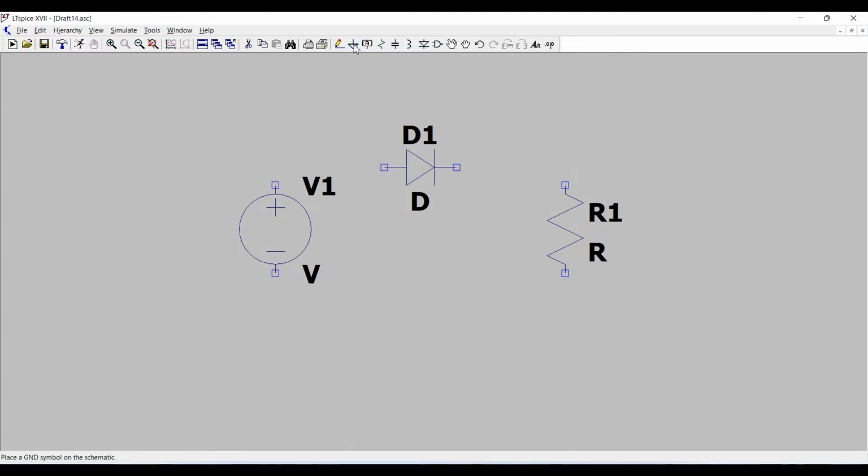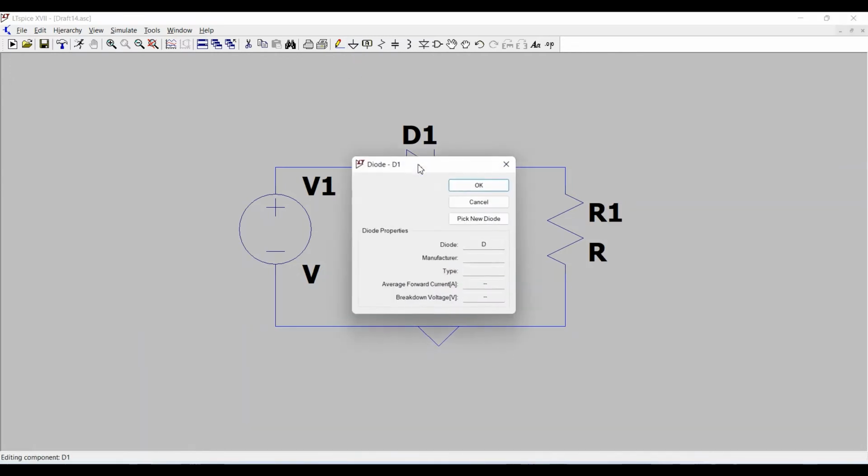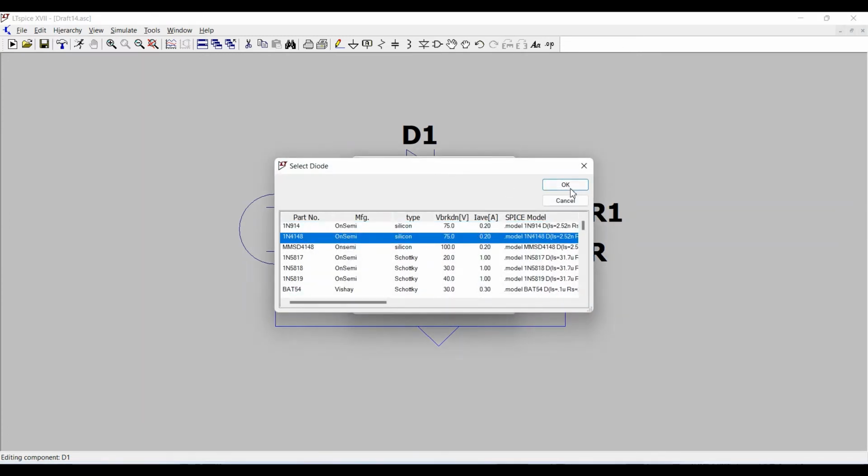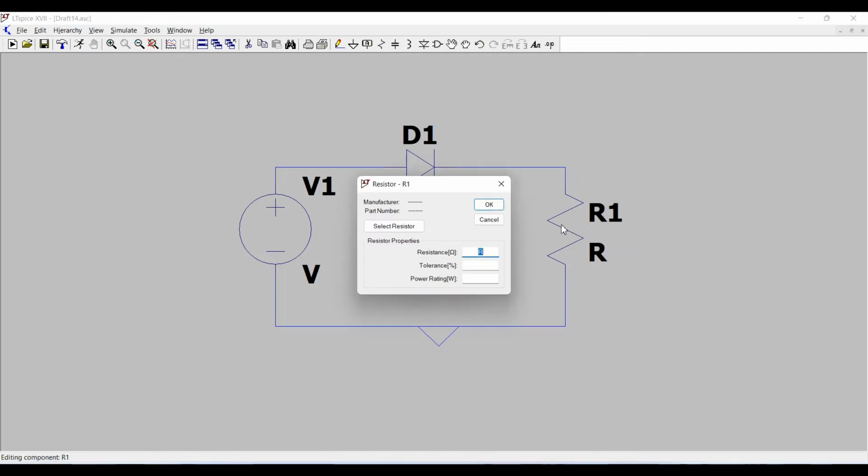And then we will apply connectivity. And then it's done. Escape, take a ground. So here, pick a new diode by right-clicking and taking this diode, give the value as 1 kilo ohm,